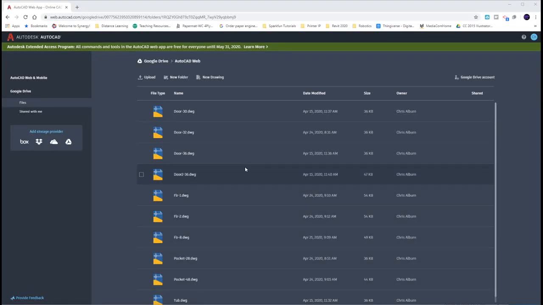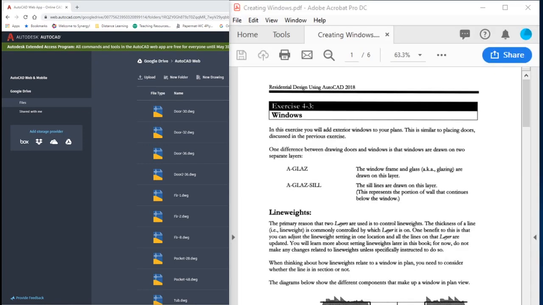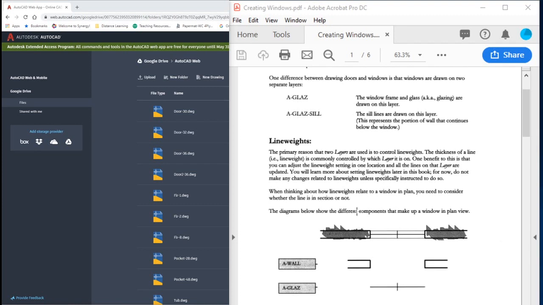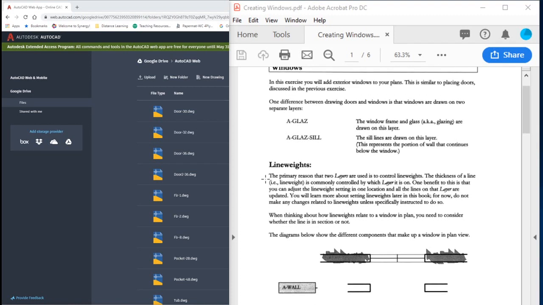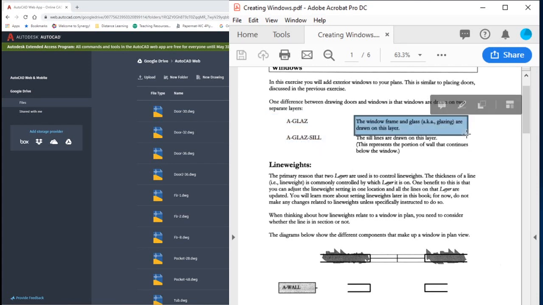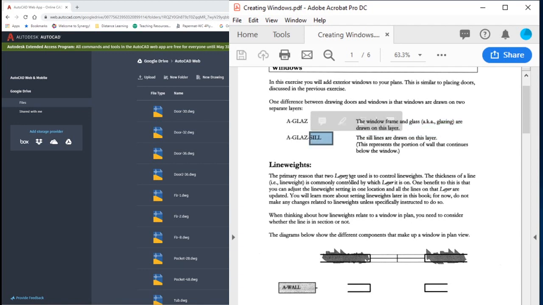When creating windows in our floor plans, we're going to be doing them super similar to our door openings. We're going to first create the openings in the walls, and then we're going to place the windows in. Windows are also known as glazing. So we're going to be creating two new layers called a glaze and a glaze sill. The glaze is the glass drawn for our window, and the sill is like the frame or the wood portions